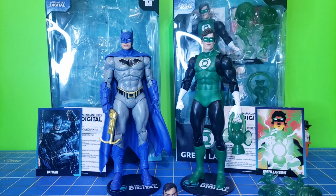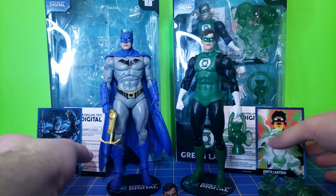I don't know why, but they also come with a standard trading card for this particular offshoot of the DC Multiverse line. It is technically DC Direct. I say it's DC Multiverse, but in the video title it'll probably say DC Multiverse. Anyway, speaking of those digital collectibles,